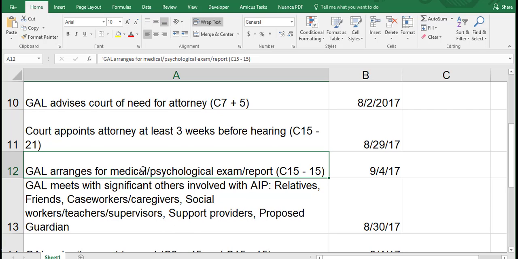The guardian ad litem also has to arrange for a medical or psychological report, and that must occur at least 15 days prior to the date for the hearing.